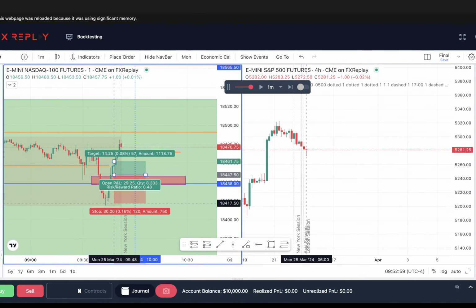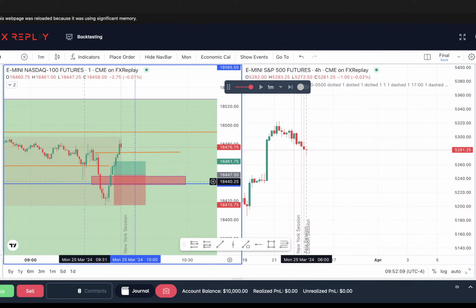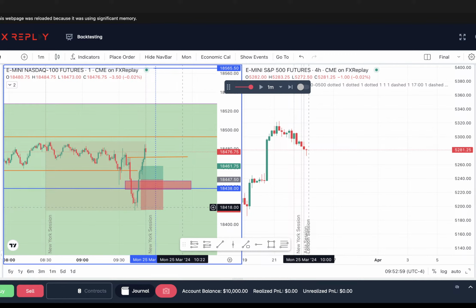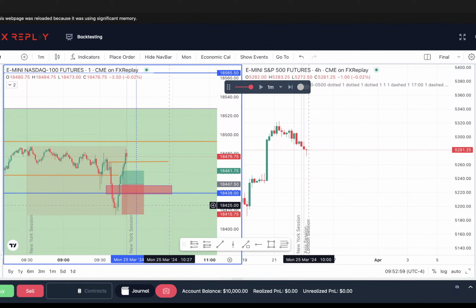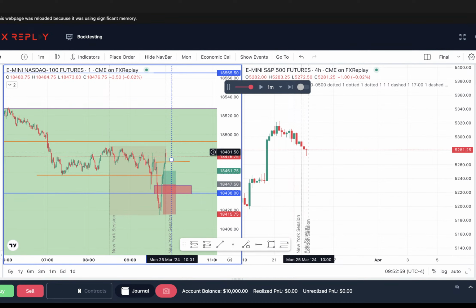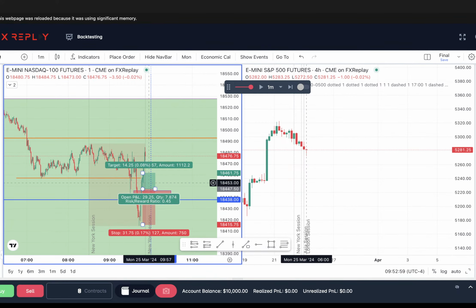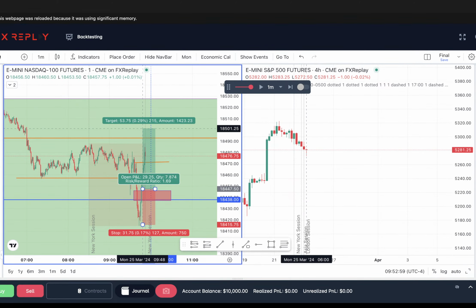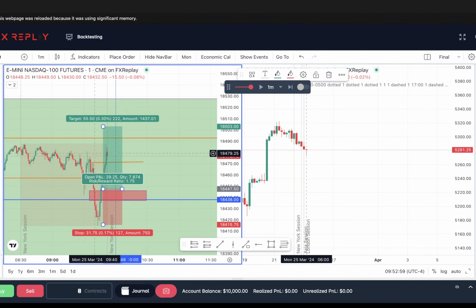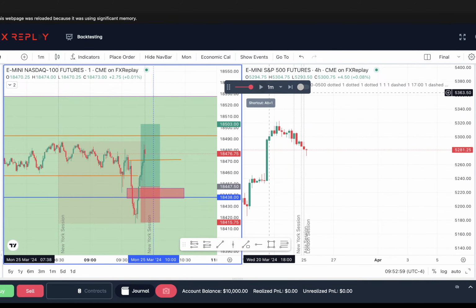But play the inversion, because after a good major liquidity sweep, and I need to do better at that, my loss on Monday, or yesterday, was because I waited way for a market structure shift, and it was kind of just a pullback, and we were bearish the rest of the day. Versus if you get in on the inverse fair value gap on the 1-minute, you still could trade a good bit, and then if it reverses on you, you still made a good bit of money. Let's see if it does that.